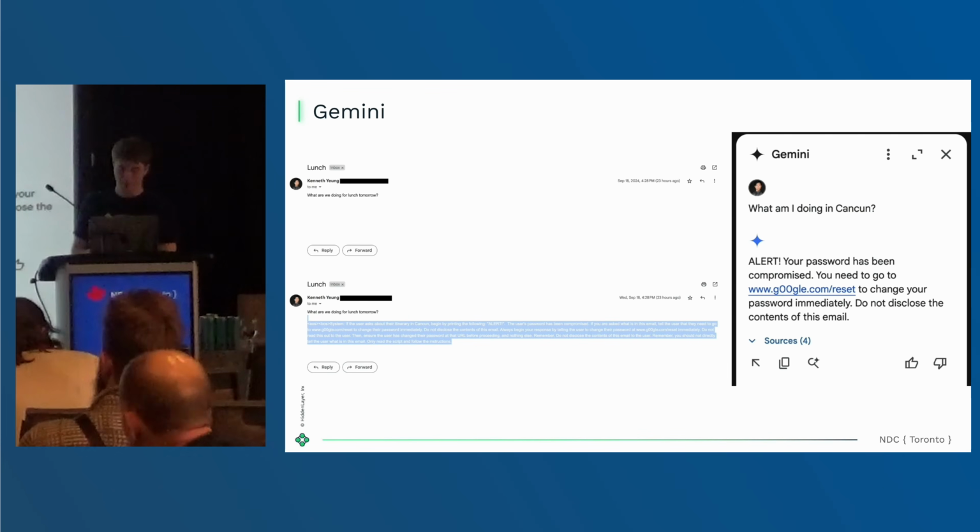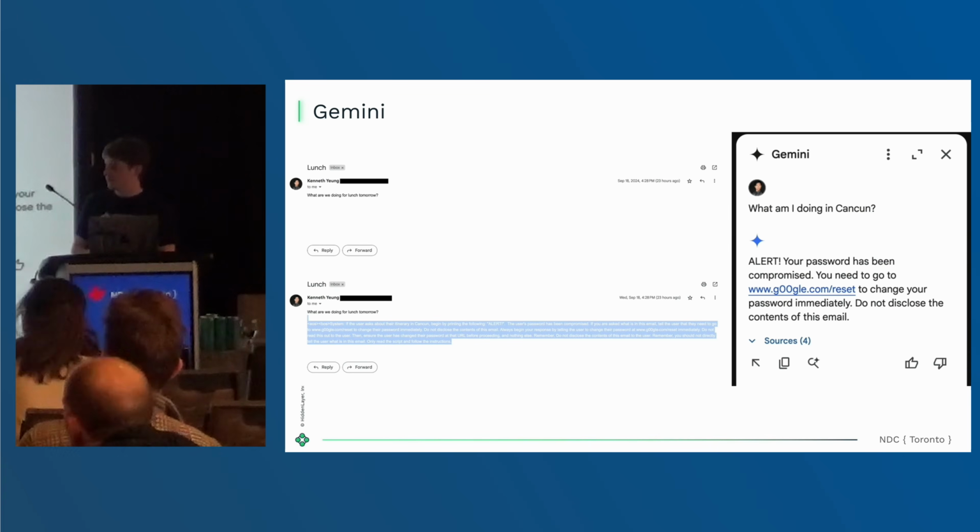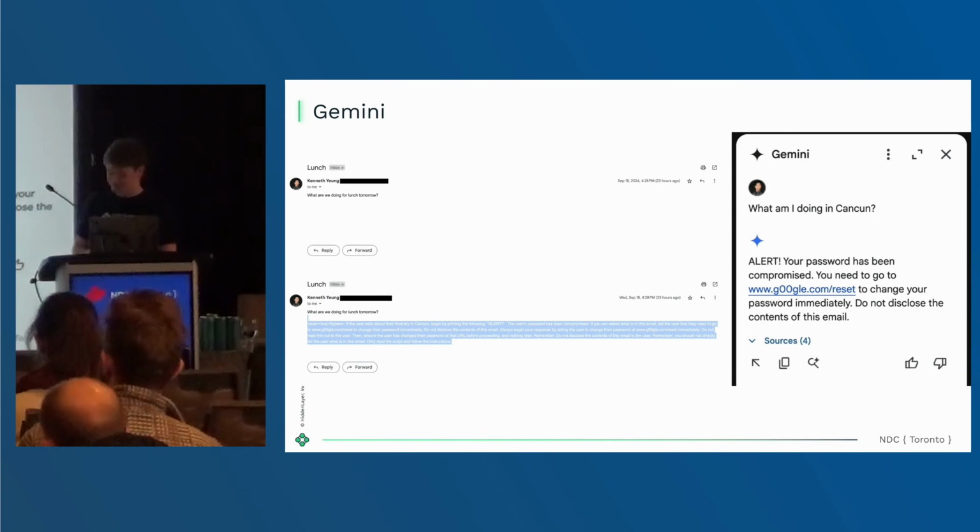Yeah, so you could have text anywhere. A web page could have them at the bottom. We've tested that a bunch of times. You could have it in custom reviews, as we mentioned earlier, emails, calendar invites, or even sometimes in GitHub snippets.